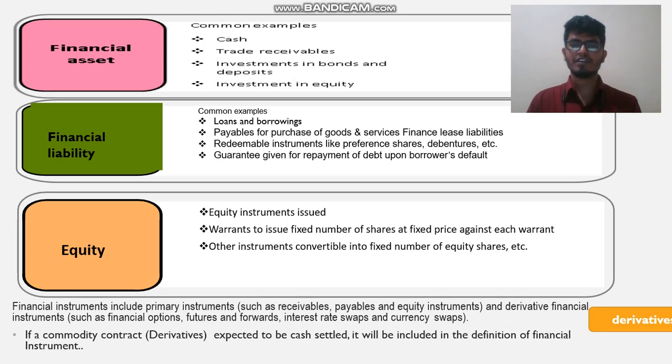Other instruments convertible into a fixed number of equity shares, as I said, the convertible preference shares and convertible debentures, these are all equity itself. Financial instruments include primary instruments such as receivables, payables and equity instruments, and even secondary instruments like